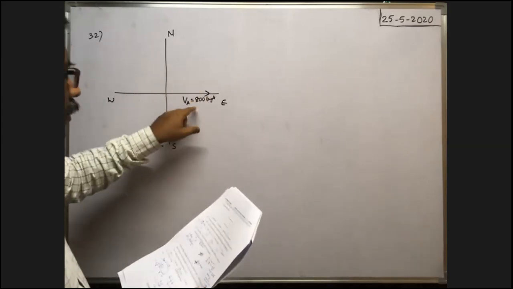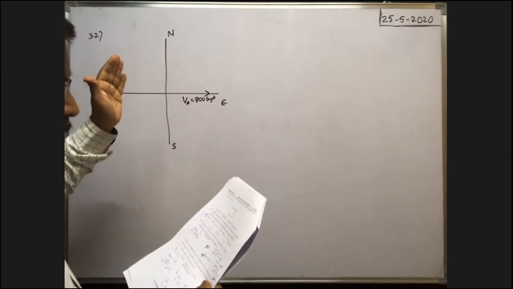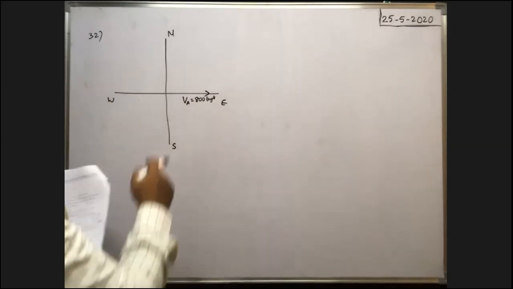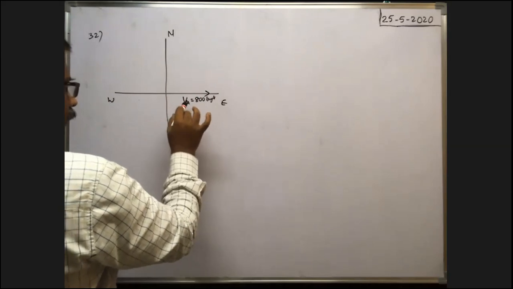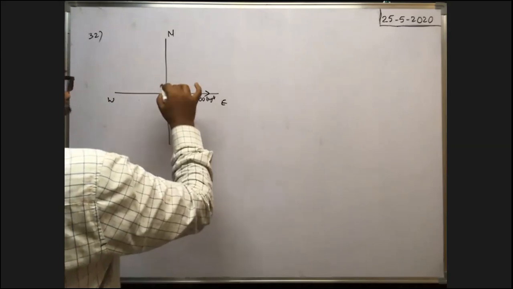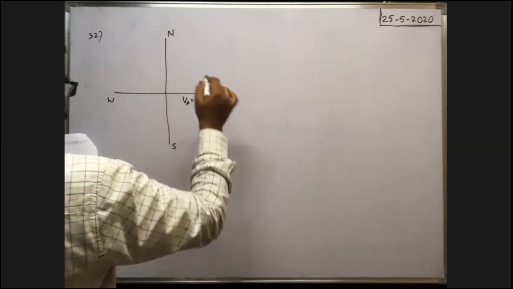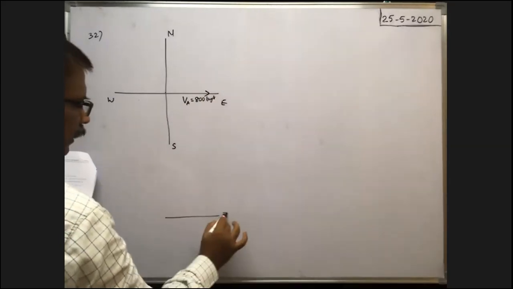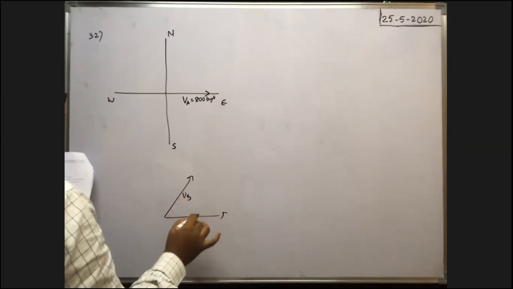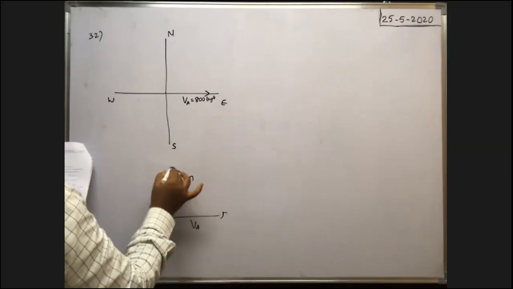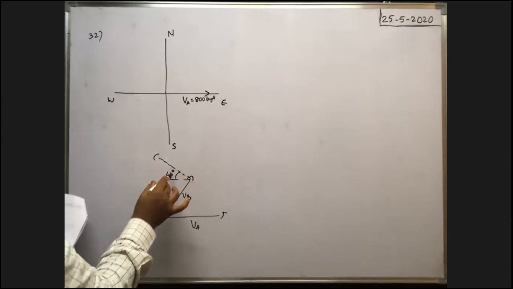The passengers in this jet plane A observe another plane moving in a direction with respect to passenger plane A. The other plane B seems to be moving with a velocity, as given in the diagram. Here, plane A travels in this direction, plane B travels in this direction. But for A, plane B seems to travel in this direction, making a 60-degree angle with the horizontal.